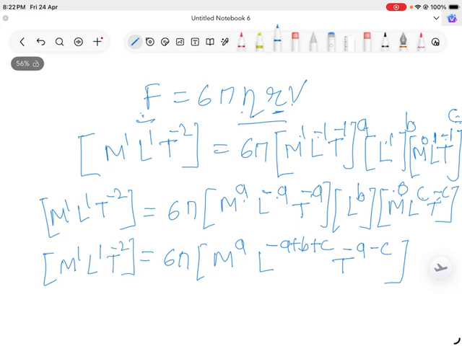Now compare the powers. M का पावर इधर 1 है और राइट हैंड साइड में M का पावर A है, तो 1 एंड A बेसिस आर सेम, सो A की वैल्यू आ गई A इज इक्वल्स टू 1. L का पावर इधर 1 है और इधर माइनस A प्लस B प्लस C है, इसलिए माइनस A प्लस B प्लस C इज इक्वल्स टू 1. T चा पावर इथे माइनस 2 आहे, देअरफॉर माइनस A माइनस C इज इक्वल्स टू माइनस 2. कम्पेअर केले लेफ्ट अँड राईट साईडचे पावर्स.